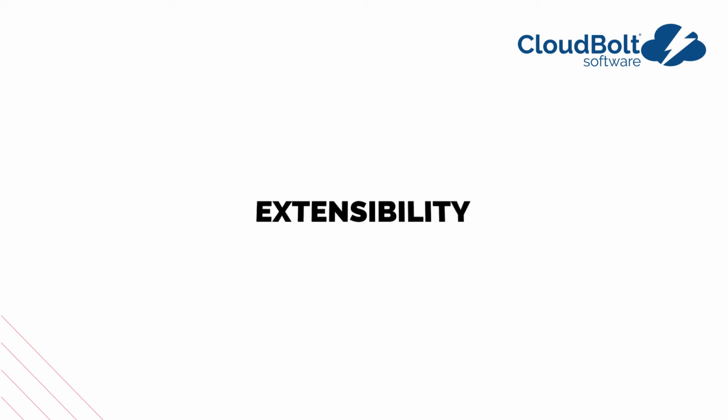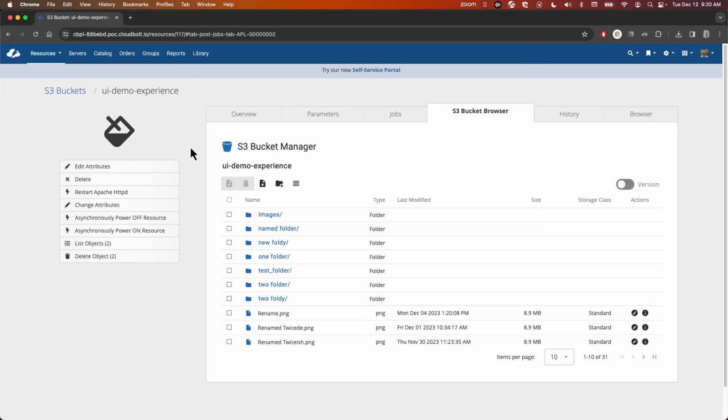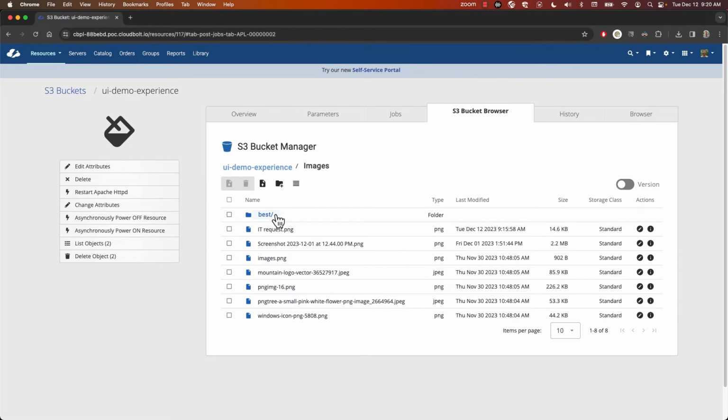superior. This release also introduces major improvements in the CB applet framework, which is the next generation mechanism for extending CloudBolt's user interfaces. Here, we're showing an example for browsing S3 buckets that we wrote and published to our content library. In 2023, applets are now supported in the HUI and the self-service portal, and they are the preferred way